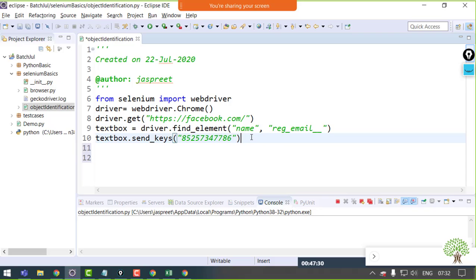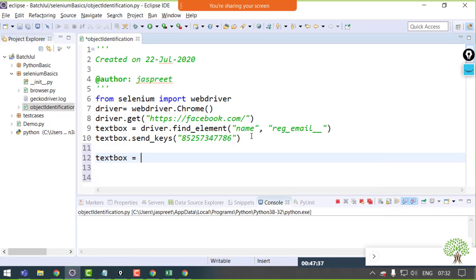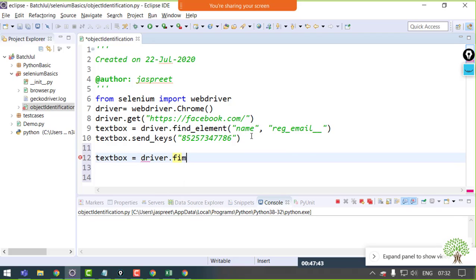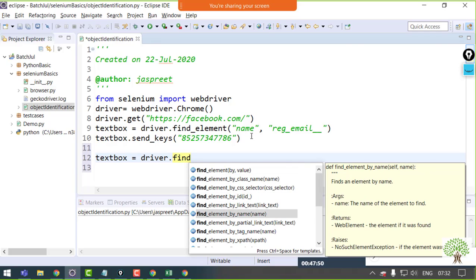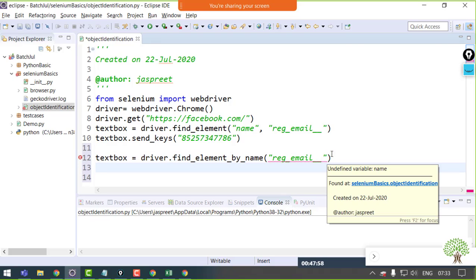If I know that I am going to use the name locator, I can say text box equals driver dot find element by name. I just need to give the value of the name attribute, and I can send a text.